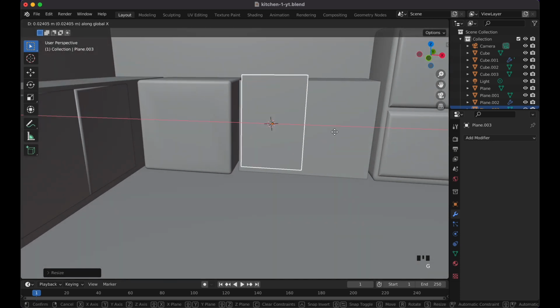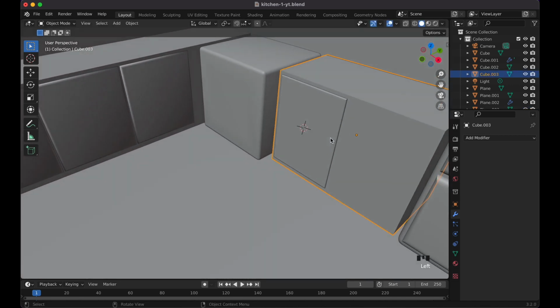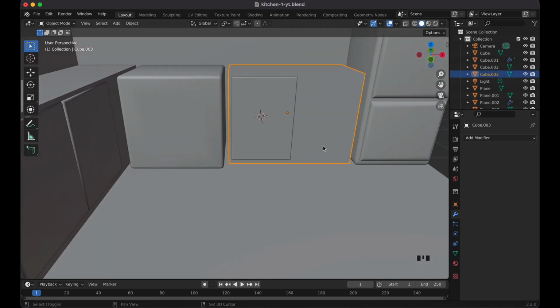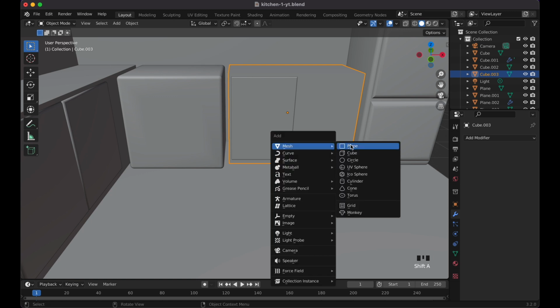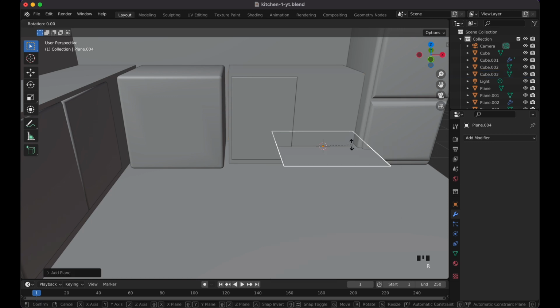GX right here. Add Z. GZ. SZ again, make it a little bit taller. Yeah, like that. And see how this looks. And then I'm gonna do this Shift right click again. Shift A, mesh plane, RX90, SZ. Shrinks it down, probably like right